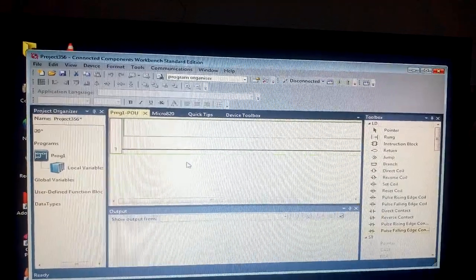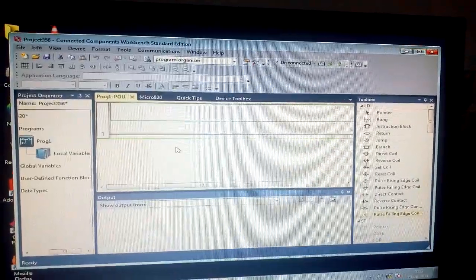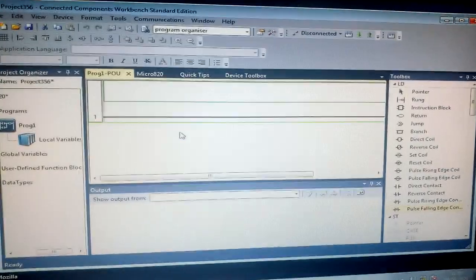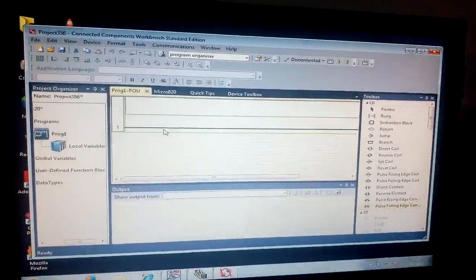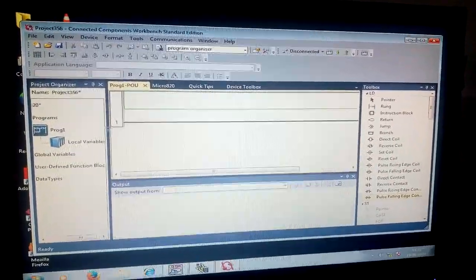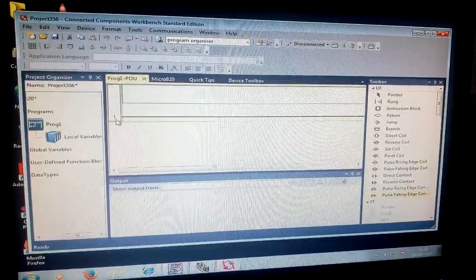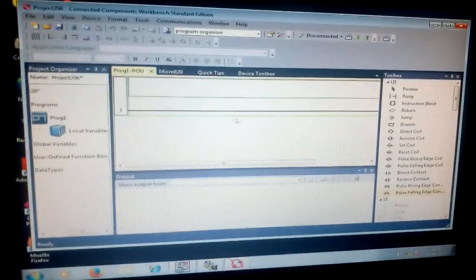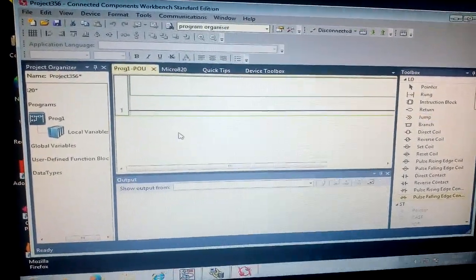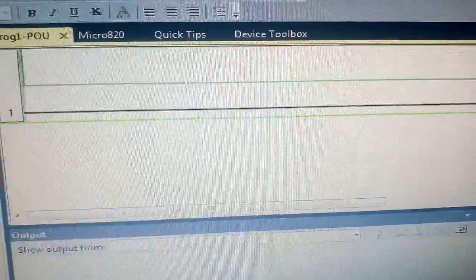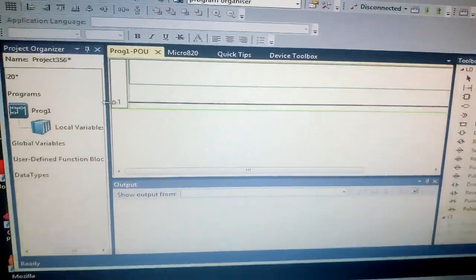So for the NOT gate, if we give 1, we should obtain 0, and if we give 0, we need to obtain 1. For that, you have to click here on this 1. Once you click on 1, you can see the green line. If 1 is not selected, it is not there. If you want to add these tools to your ladder diagram, then you need to select the 1.